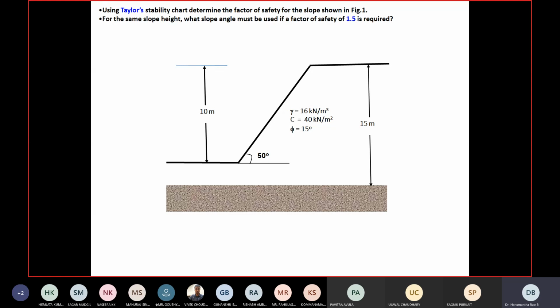Since the hardest stratum lies beneath the bottom of the slope, there is a possibility of base failure. However, we need to look into what the value of beta is. If you remember very well, there is a distinction between beta less than 53 and greater than 53. If the slope is greater than 53, all failures are toe failures. And when beta is less than 53, it could be slope failure or toe failure or base failure, depending upon the presence of the hardest stratum.